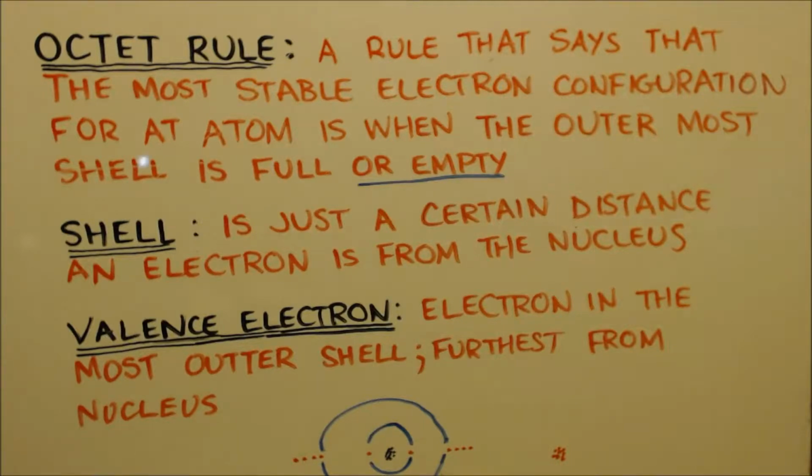We're here this time to talk about the octet rule. Just because it says octet doesn't necessarily mean that everything has to do with 8. But it's a good general rule, a rule that says that the most stable electron configuration for any atom is when the outermost shell is full